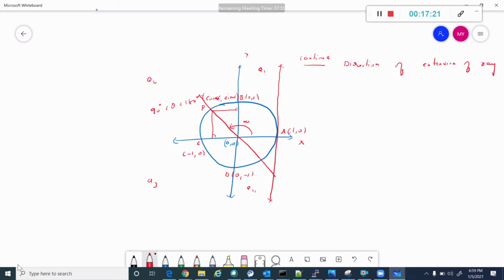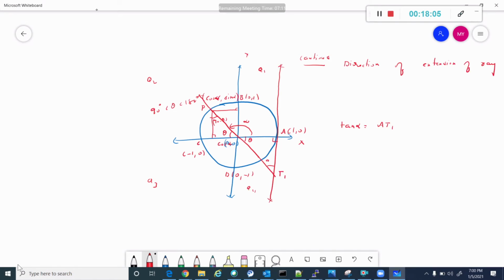Now say the ray has touched the line at some point T1. By definition, tan alpha is equal to AT1. This is your cos alpha, and say this is some angle theta. Vertical opposite angles will be equal, so this is theta, and these are 90 degrees. So this will be 90 minus theta, and this is 90 minus theta.